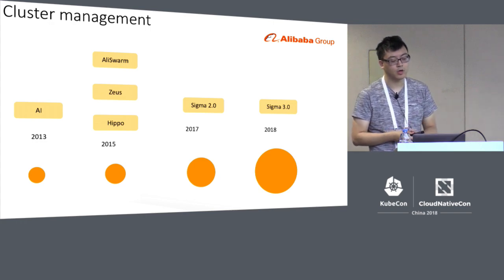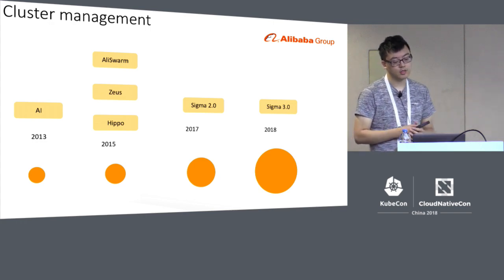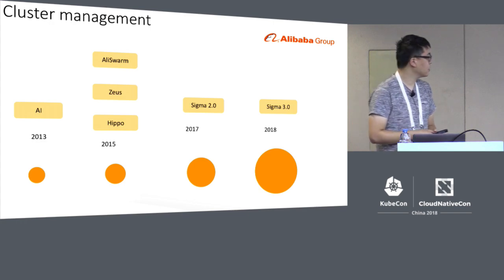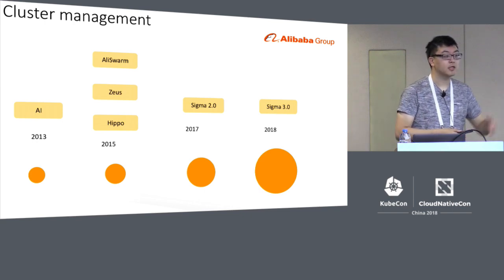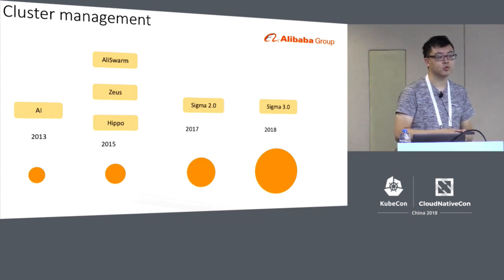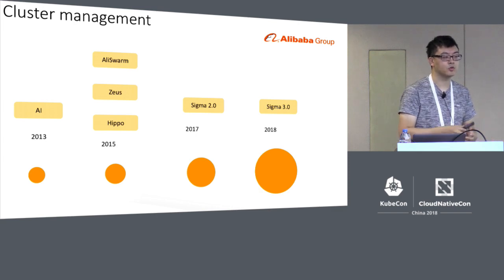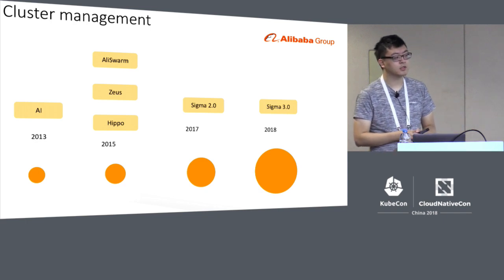And we made attempts in each business unit, and we made the AliSwarm and Zoe systems, along with the e-commerce system. Well, in 2017, we made attempts on these 3 systems, and we wanted to combine these advantages and make a new system to be the major strength for Alibaba to support our business. So in 2017, we launched Sigma 2.0, including most of the online services of Alibaba.